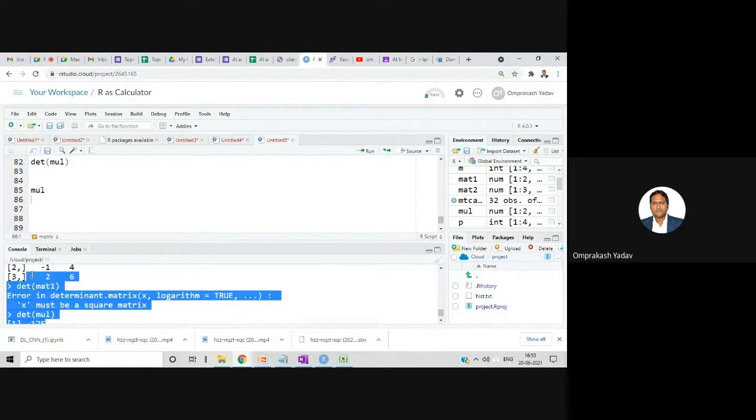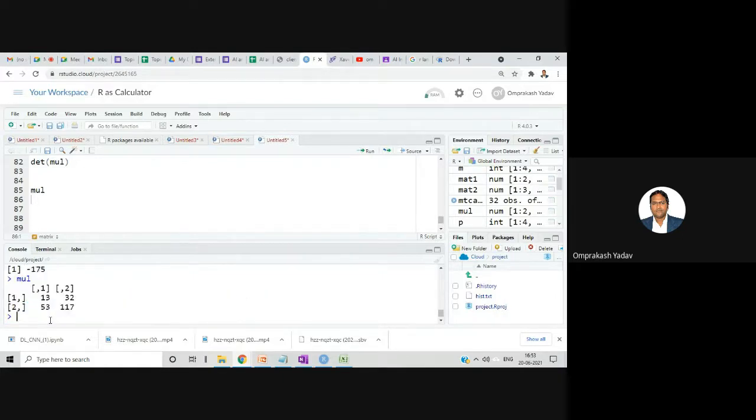This is a great advantage of this particular determinant, right? So in place of four values, I just specify minus 175, if I want to use it somewhere else. Clear? So like this, so many things are there. You can just see the practical uses of determinant and all. But most of the things which we'll be requiring in data science will be from the statistics point of view, from the statistics part.